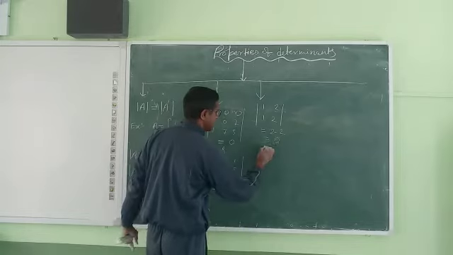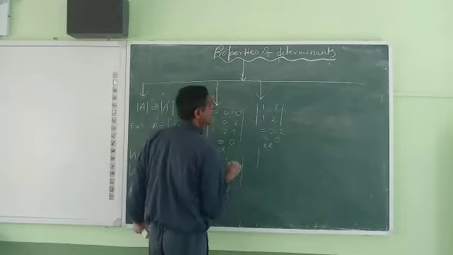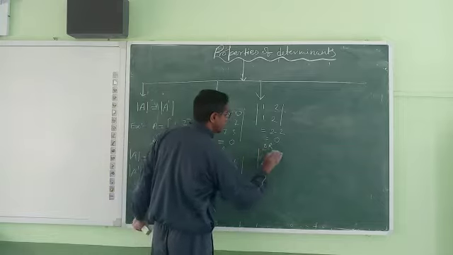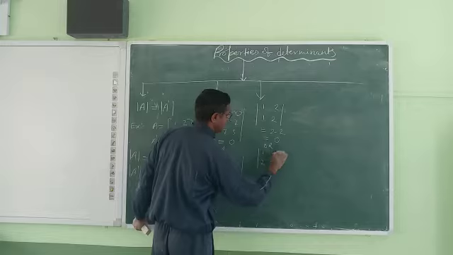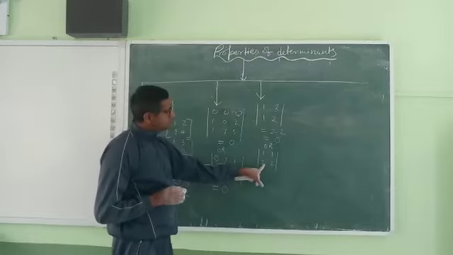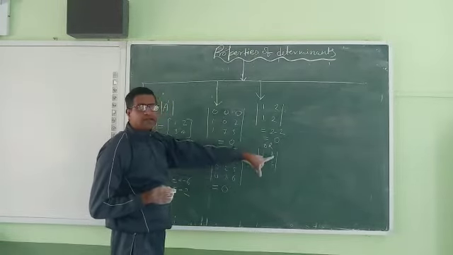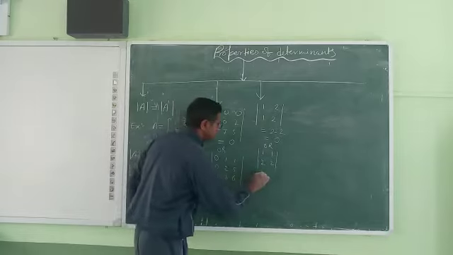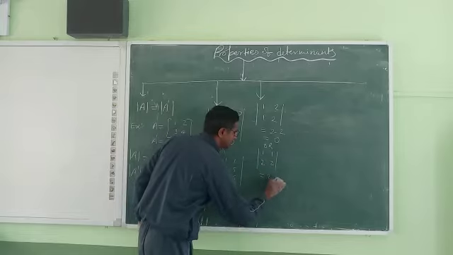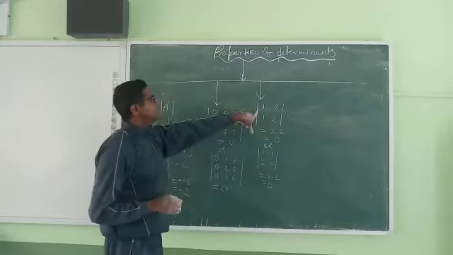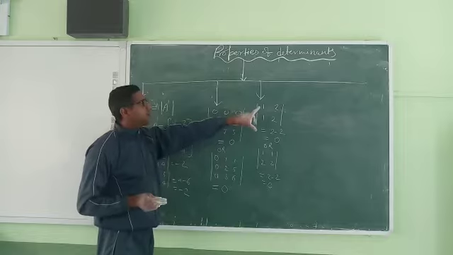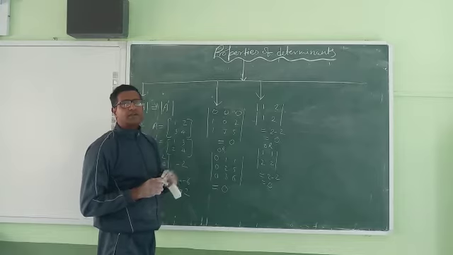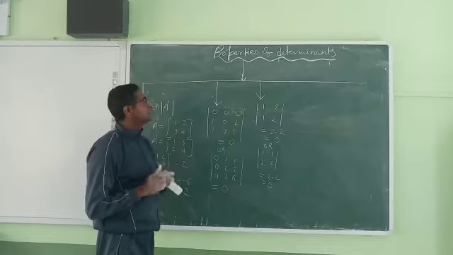In the same way, for columns 1, 2, 1, 2, because the elements of the first column and second column are identical, its value after simplifying is 2 minus 2, equal to 0. Hence, this property is verified. If any two rows or columns are identical, then the value of the determinant will be 0.